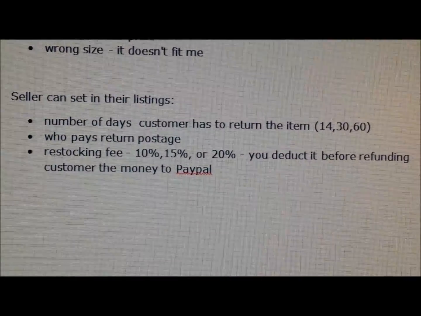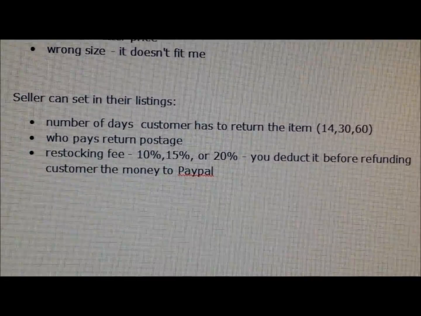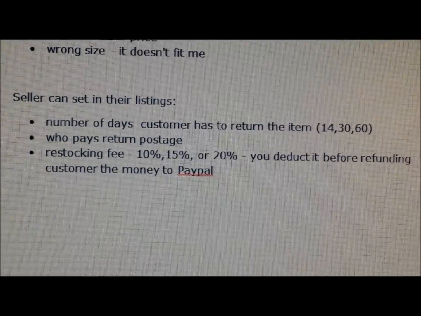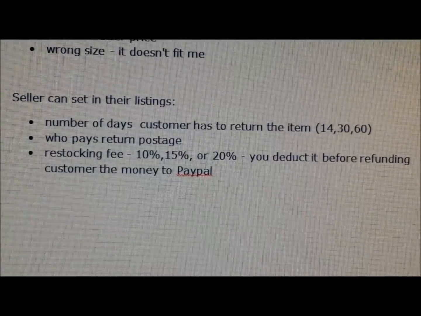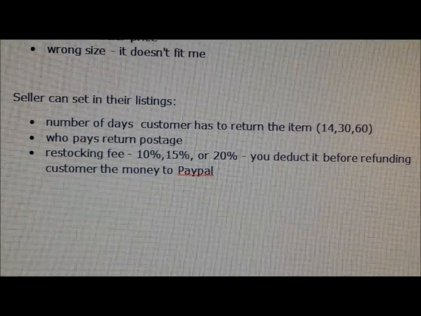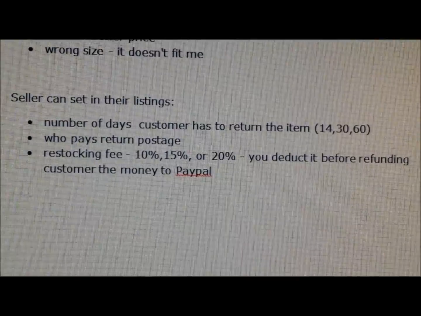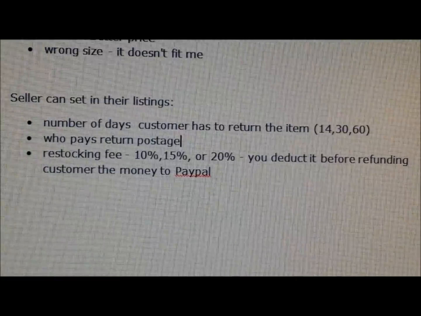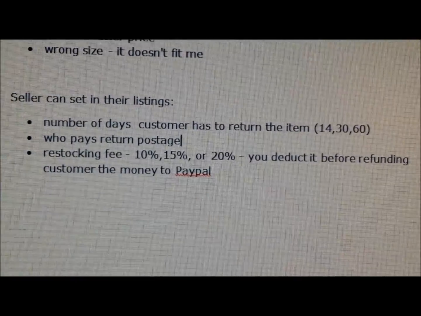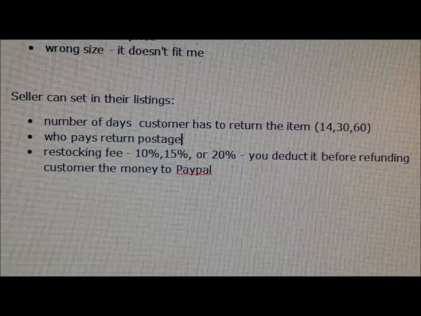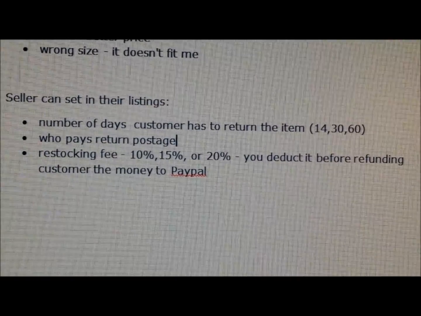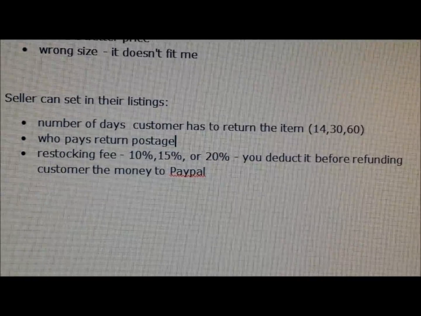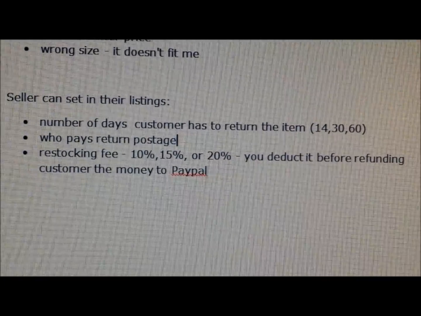And another thing that makes me feel like it's worth doing the returns is that as a seller, I can set in my listings the number of days to return the item. Obviously I go with 14. Also, I can say who pays the postage. Personally, I say that the buyer is going to have to pay the postage because I give lots of excellent measurements and lots of photos in my listing, and I'm always able to take questions before they make a purchase.